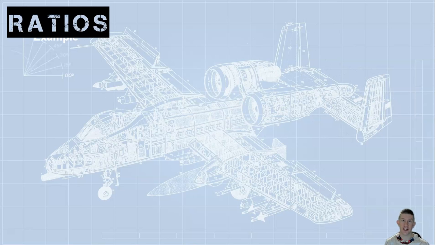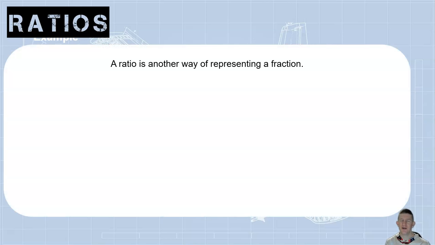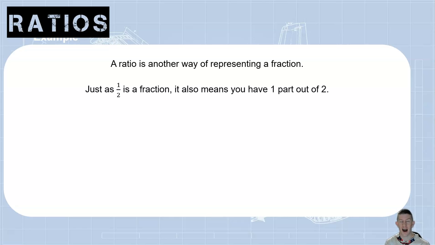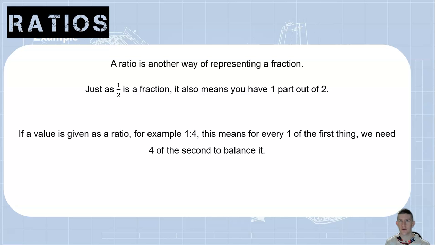So looking at ratios now, a ratio is really just another way of representing a fraction. Just as we would say that 1 on 2 or a half is a fraction, it also means that you have one part out of 2 in total. So it's exactly the same. If something was given as a ratio, we would say 1 to 4. That's how we read it with that colon. So this means for every one of something, we also need 4 of the other to balance it,